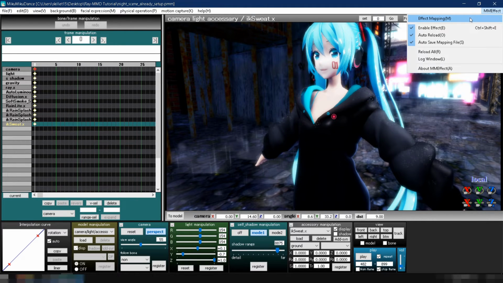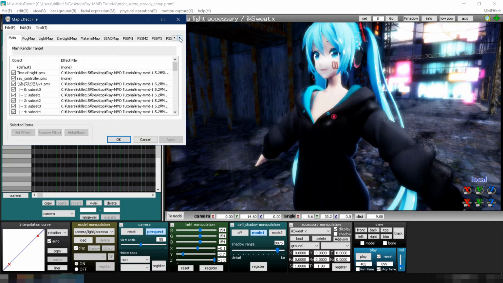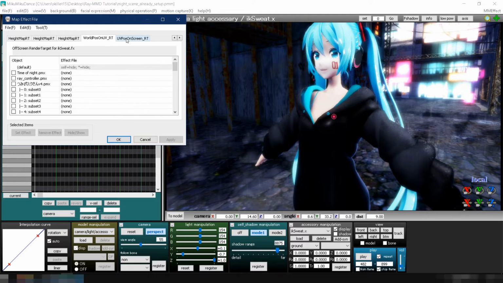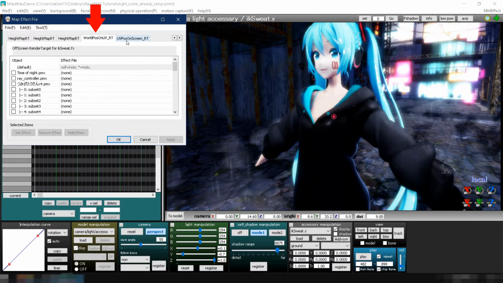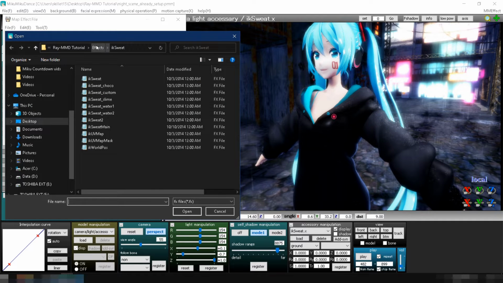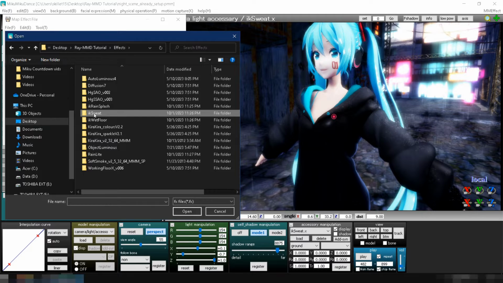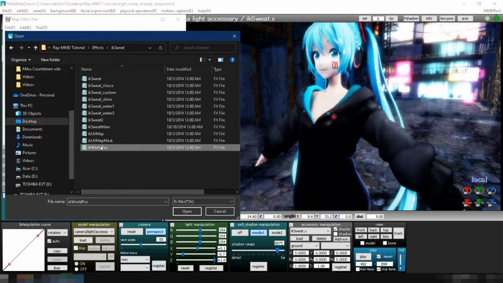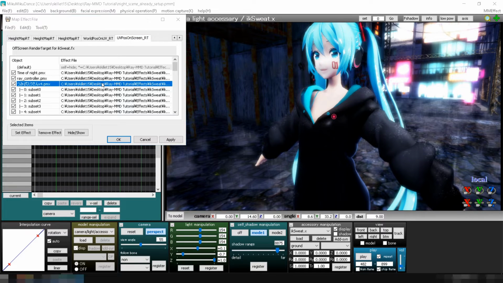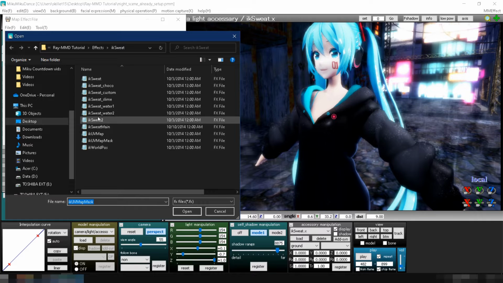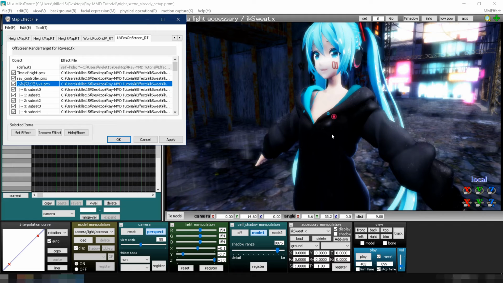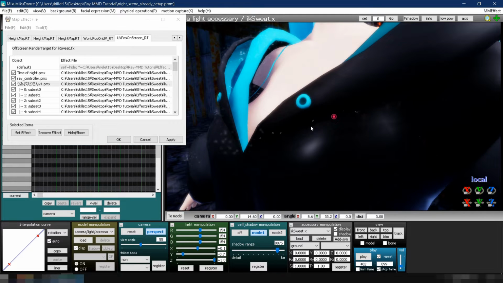Next, go to MME, click Effect Mapping. You'll notice two new tabs at the end named World Pose on UV_RT and UV Pose on Screen_RT. In the World Pose on UV_RT tab, double-click on the model, navigate to your effects folder, then into the IK Sweat folder, and select ikworldpose.fx. In the UV Pose on Screen_RT tab, double-click on the model once more, and from the IK Sweat folder, select ikuvmap.fx. When you zoom in on your model now, you can see that there's water pouring.